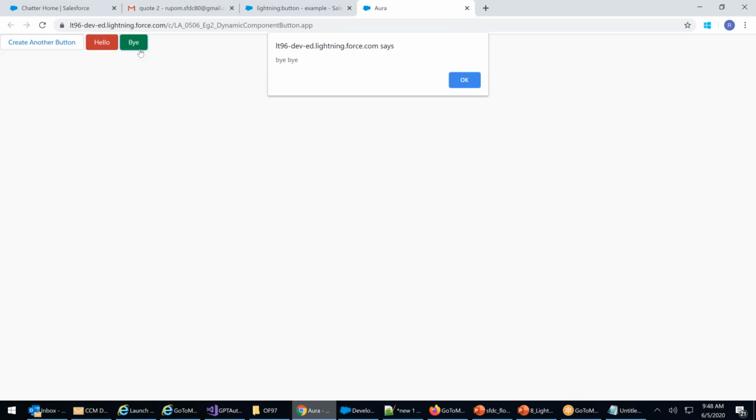Not only this. Now this button is there. How can I go ahead and destroy this component? I created this component. Now with another button, I want to delete Hello. With the Buy button, I want to delete the Hello button. I want to remove this button. With another button, the button which was created dynamically, I want to remove. Not only that, I want to disable this create button again. How to destroy components. So we will see how to destroy components.